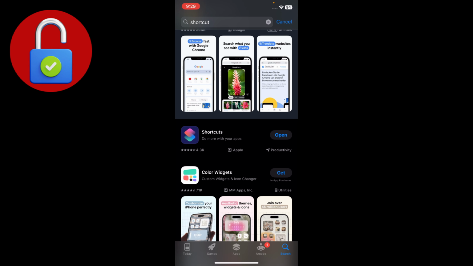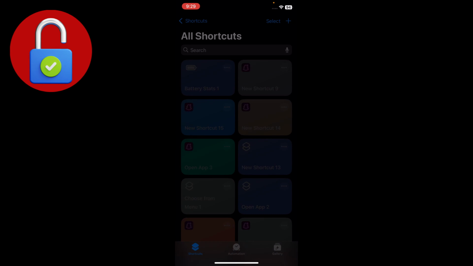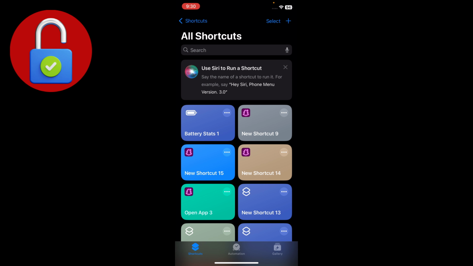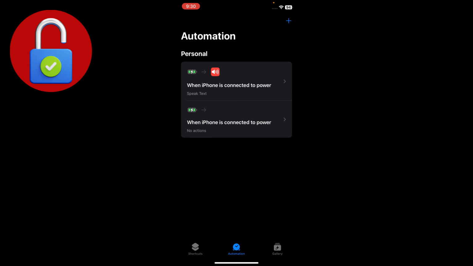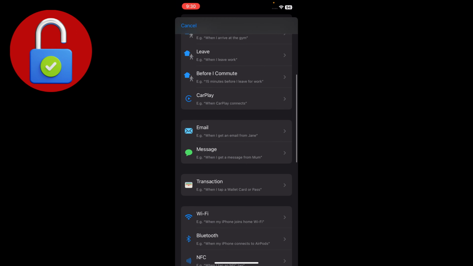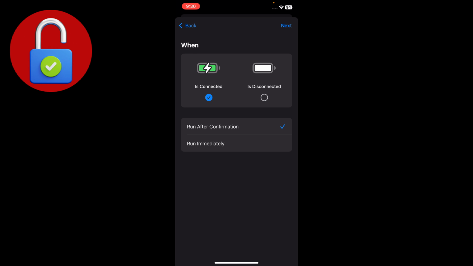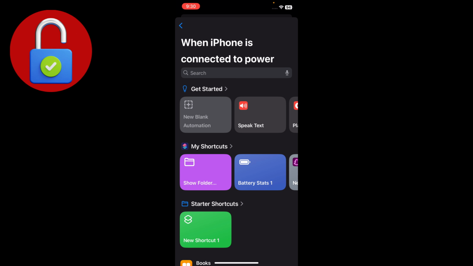Go to the App Store and you will see there is an app named Shortcuts. You just have to download it. After downloading, go back and open it in your apps, and go to Automation, and select the plus icon. Here you scroll down and you see there is an option, Charger. Just tap on that, and then go to Next, and here you have to